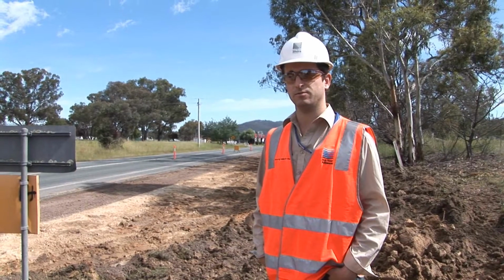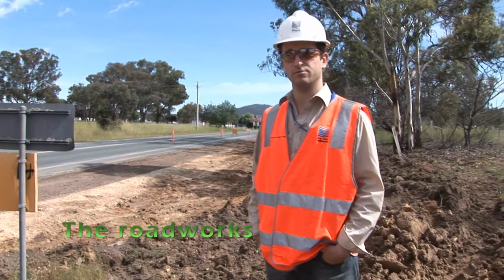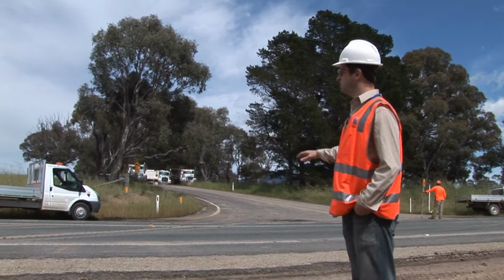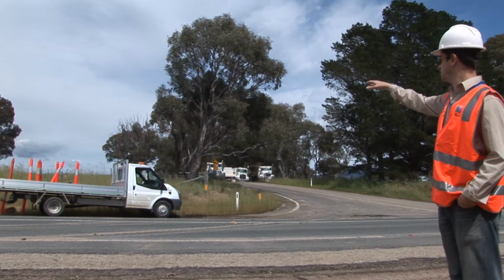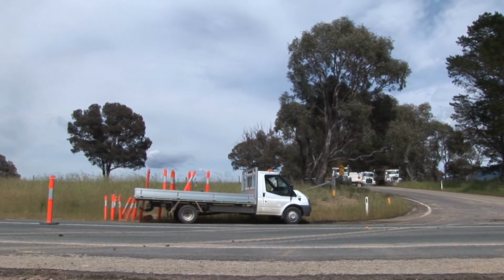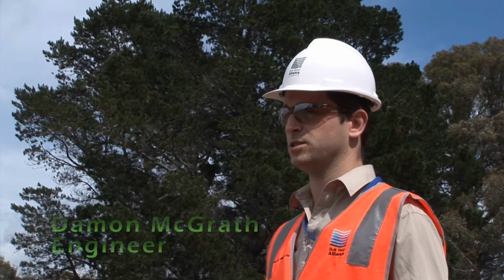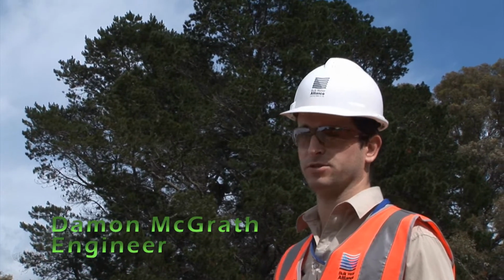Today we're here at Williamsdale for the Monero and Angle Crossing Road intersection upgrade. So this is Angle Crossing Road and this is the Monero Highway. The main office for the Murrumbidgee to Googong project will be up there in the paddock. And so the road widening here as well, so we're just widening the approach verges of the intersection, so that's just for the increased amount of construction traffic that Angle Crossing Road will see over the